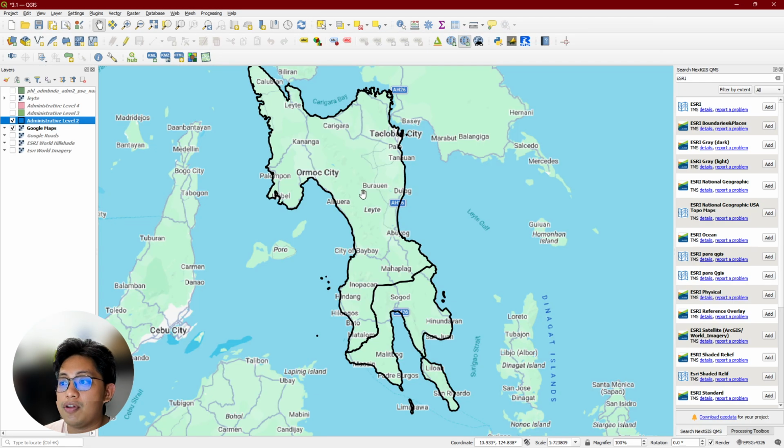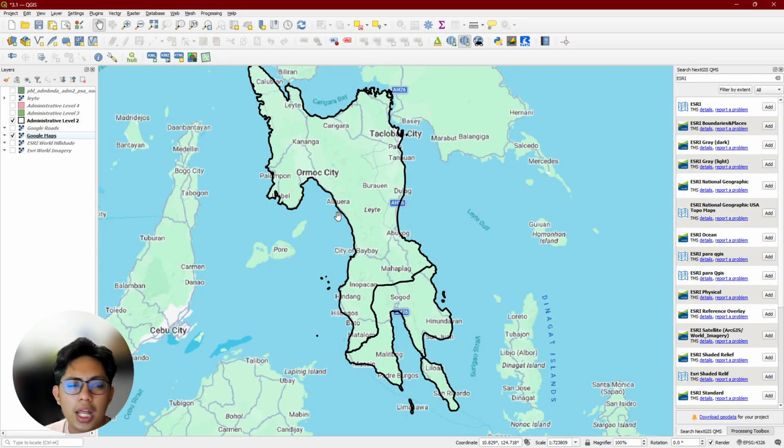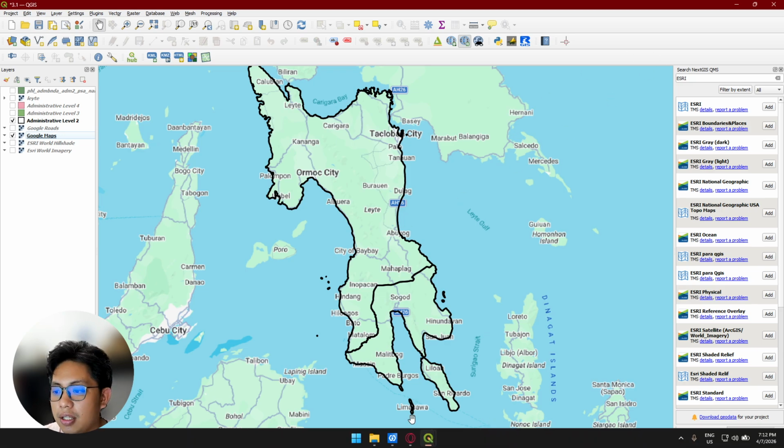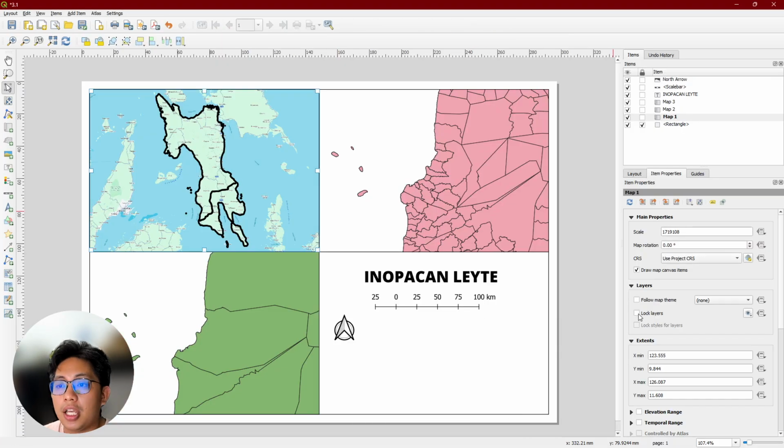So I'm going to focus on this one. And I will also overlay some roads. Google Roads. It doubled, sorry. Never mind, just Google Maps. So go back to my layout manager, lock layers. Now I have this one.